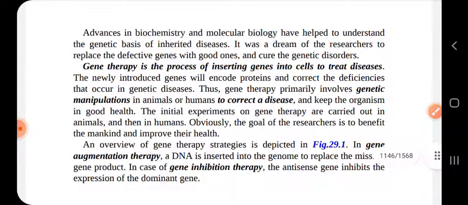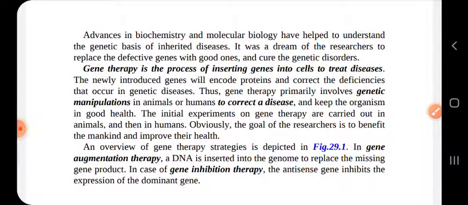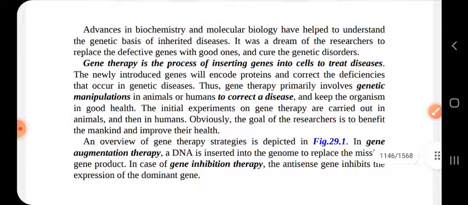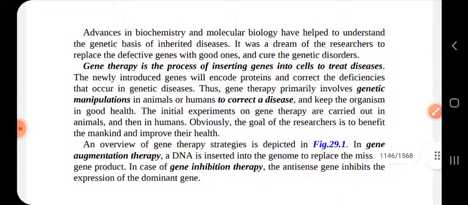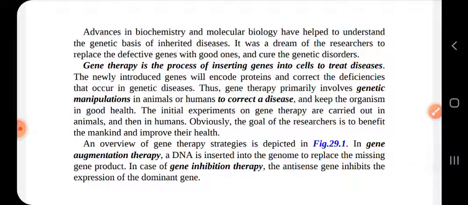In another way, we can inactivate or knock out a mutated gene that is functioning improperly. Suppose due to mutation, some regulatory genes have been altered in their nucleotide sequence, and abnormally this leads to the formation of a certain disease. So we can inactivate that particular gene by using a complementary sequence of that gene. That means we can knock out the function of that gene.